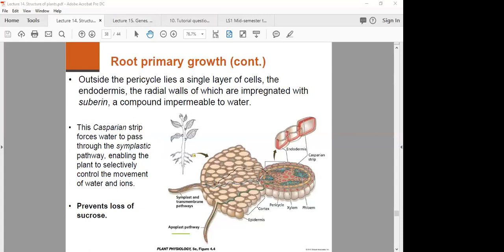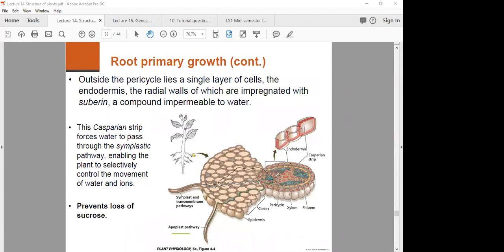Now, regardless of which pathway the water is travelling, once the water reaches the endodermal cells, water can no longer pass in between cells. That means it can no longer travel via the apoplastic pathway. At the endodermis, all the water is forced through the symplastic pathway. And this enables the plant to selectively control the movement of water and ions, and most importantly, it prevents loss of